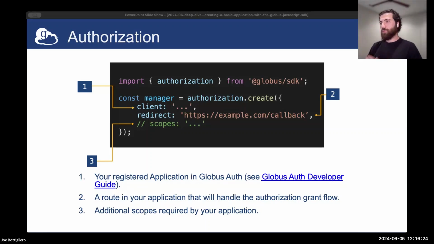The third thing is, again, another point where it's sort of a hidden requirement when this request came up, this idea of I want a page that lists contents of a collection. Where scopes come into play within the Globus ecosystem, it's all going to depend on what service you're interacting with and what aspects and features you're interacting with. In our case, we're going to be interacting with transfer. And so the transfer scope that we actually need and care about is the transfer all scope. So let's switch over to our code